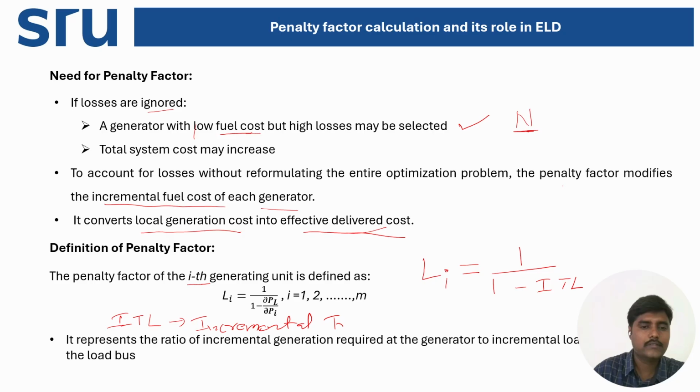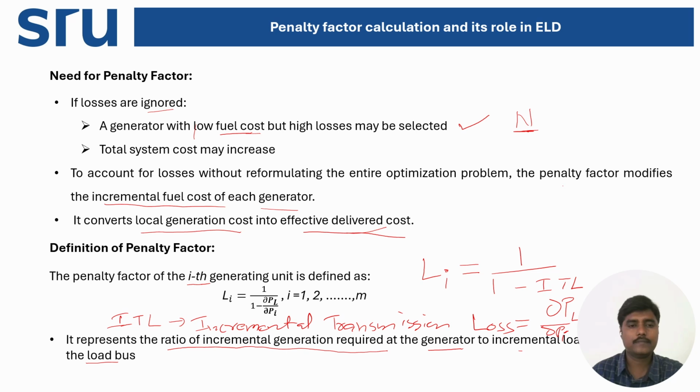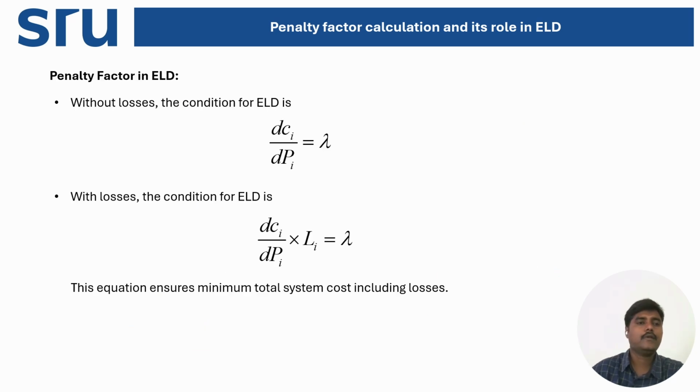This ITL is called the incremental transmission loss. This can be expressed mathematically as ∂PL/∂Pi for the ith generator. So basically, this penalty factor represents the ratio of incremental generation required at the generator to the incremental load delivered at the load bus. If you don't consider the penalty factor, then the condition for economic load dispatch is given by dCi/dPi